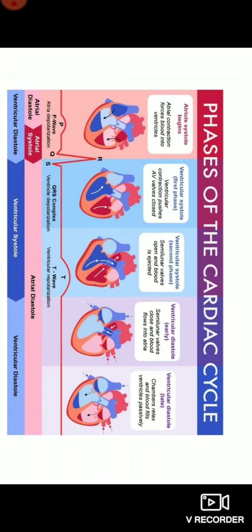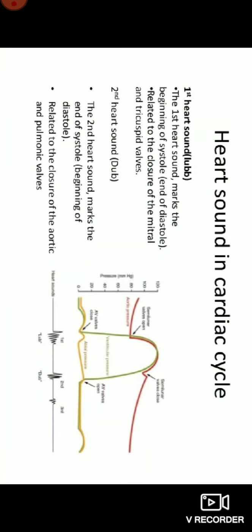So ventricular repolarization gradually begins, when there is the start of ventricular diastole, and the semilunar valves, that is the aortic and the pulmonary valves, close, and blood again flows into the atria. Then comes the late ventricular diastole or diastasis phase, when the chambers relax and the blood fills the ventricles passively. So this is a summary of the cardiac cycle, and the heart sounds as audible in the cardiac cycle are